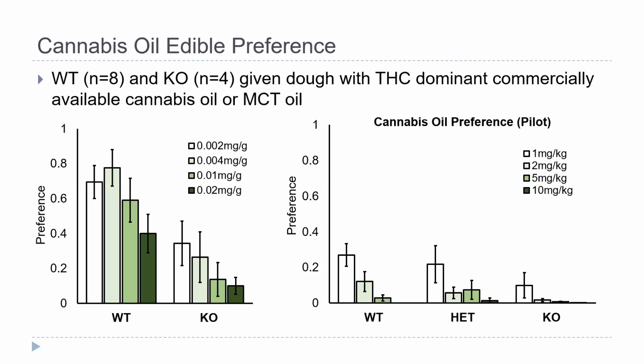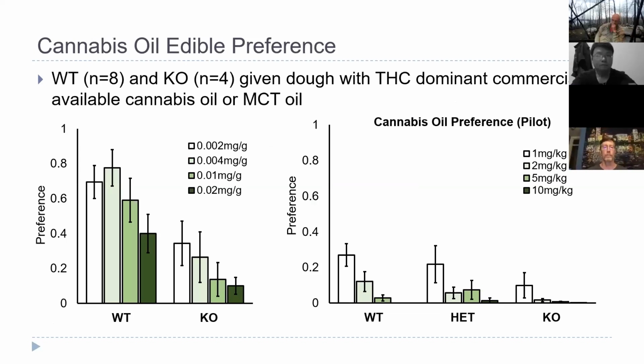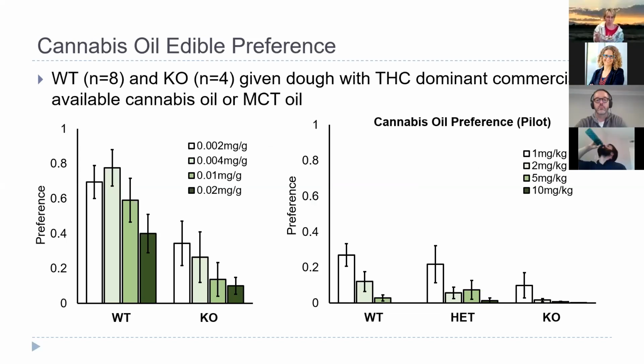One thing that's really important to consider here is that cannabis and THC are not the same thing. Cannabis contains over 540 other phytochemicals, and they're known to have interactive effects with THC. So it was very important for us to look at whether we can extend the effects we're seeing with the THC dough to cannabis oil. These results are currently in the works, so I am planning to run more animals in the future.